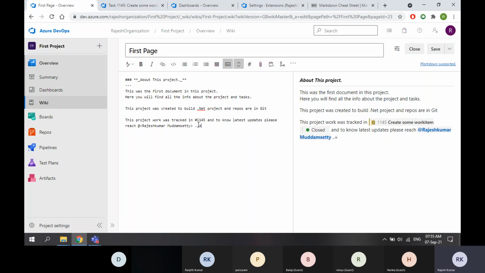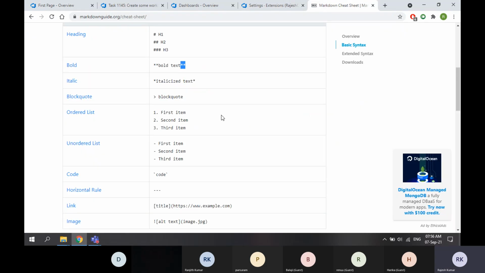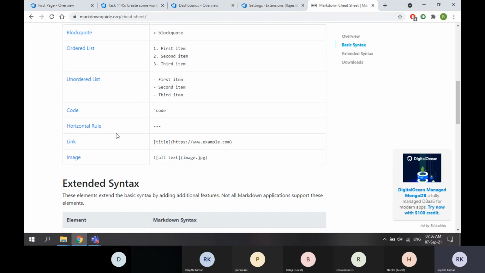If I give a single hyphen, see here it's displayed as a pointer. If I give a dash symbol, it's a pointer, hyphen symbol. If I give 1, it's like an ordered list. Everything you will have in the syntax itself.